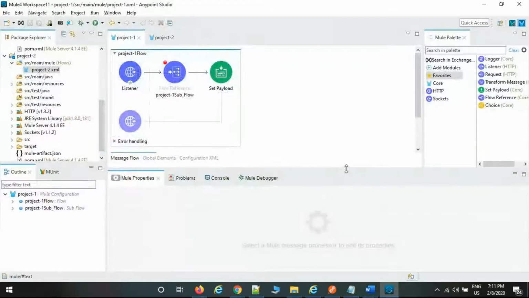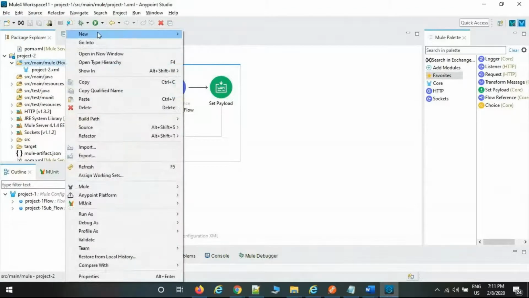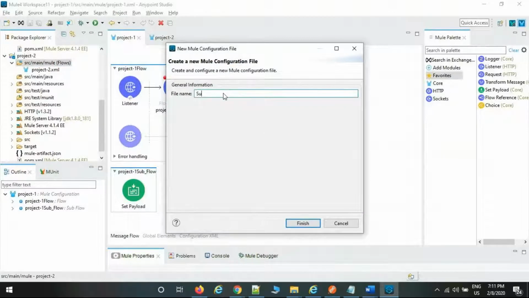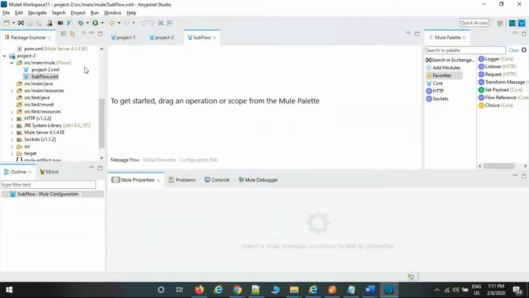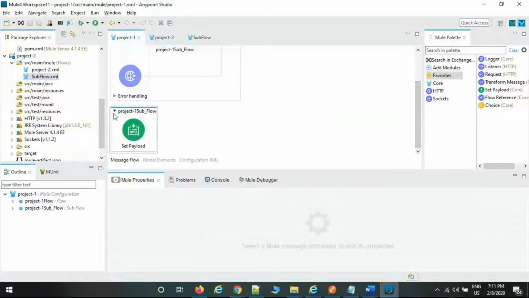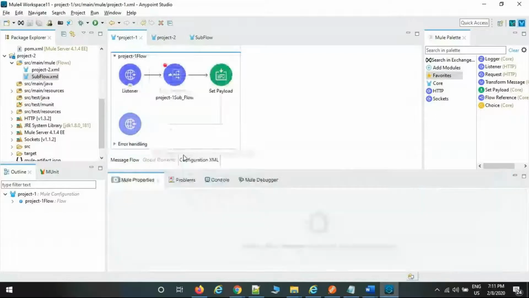And you have created the subflow here. I don't want to create it here; I want to create it separately. You can do that. So in src main app, right click, new configuration file. If you want, you can select subflow, for example subflow. This is the subflow. Now whatever flow you have created, I don't want to create it here only. I want to create it separately. Just right click, or copy paste also you can do that. Just create.